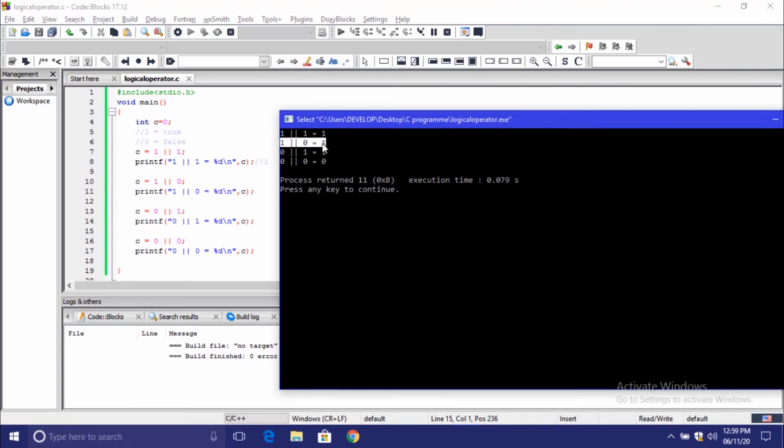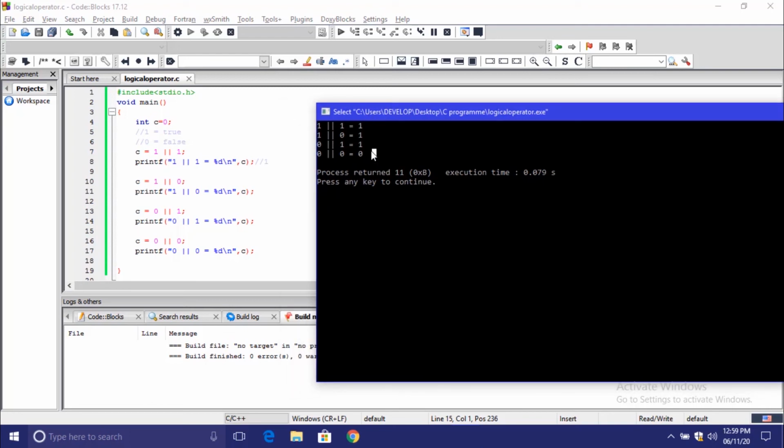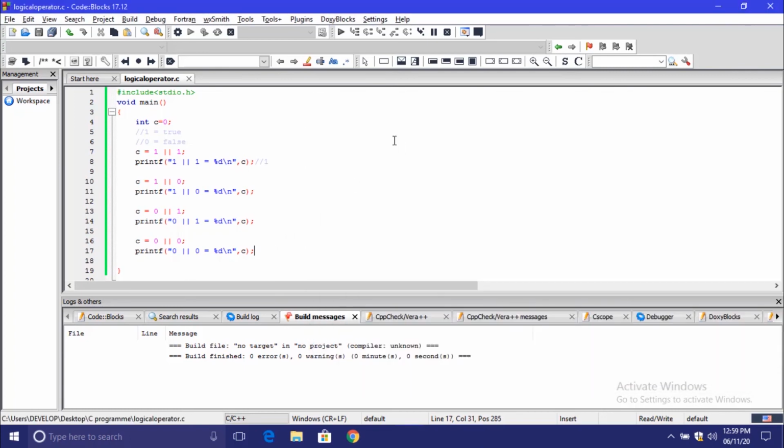Similarly, C equal to 1 OR 0 will return true because the first condition is true. As I said, in the OR operator, if any of the conditions is true, then it will return true, which means 1. Similarly, here C equal to 0 OR 1 also returns true. And the last one, C equal to 0 OR 0, returns false, meaning 0, because both the conditions are false.